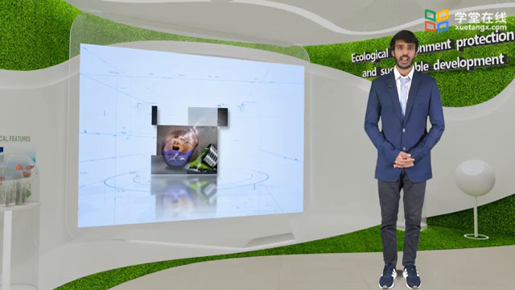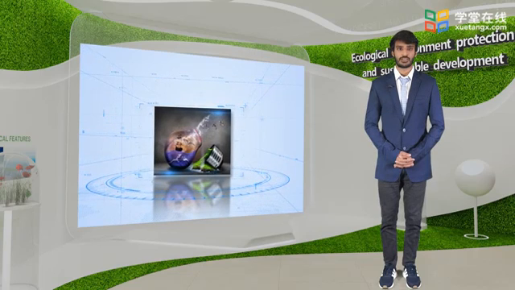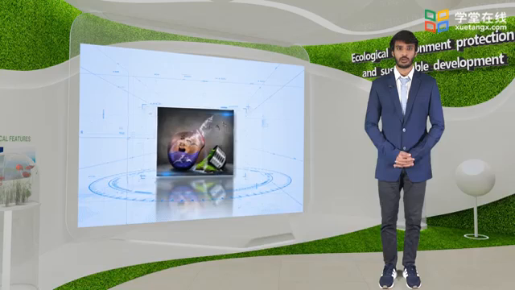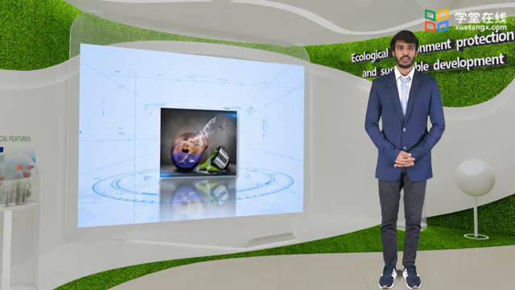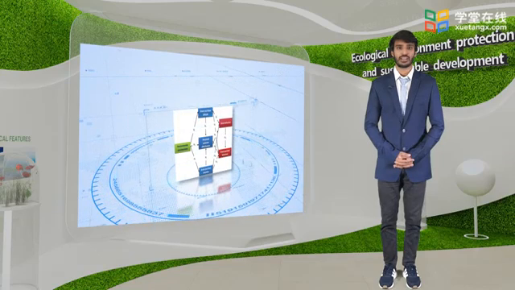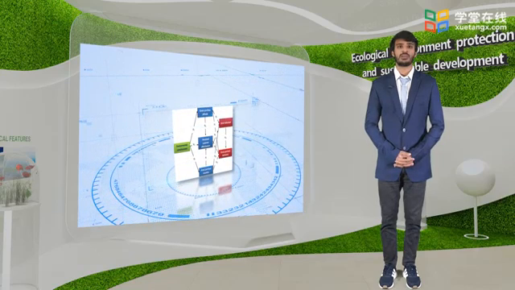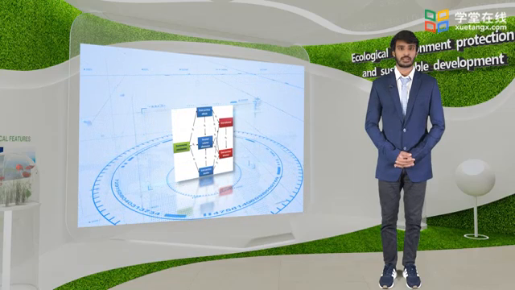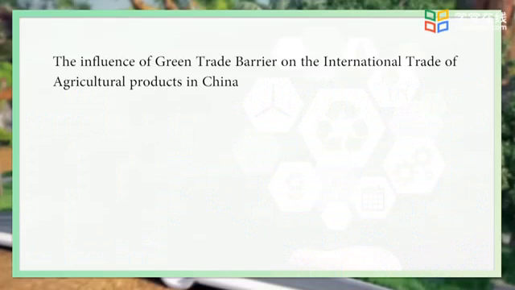These countries have formulated environmental protection systems that tend to converge with each other. In China, environmental protection awareness is relatively weak and the environmental protection system is not perfect. Public acceptance is low. The influence of green trade barriers on the international trade of agricultural products in China are: